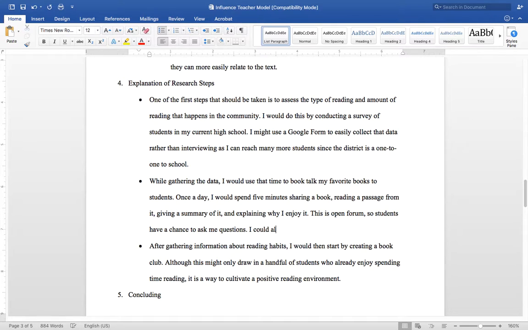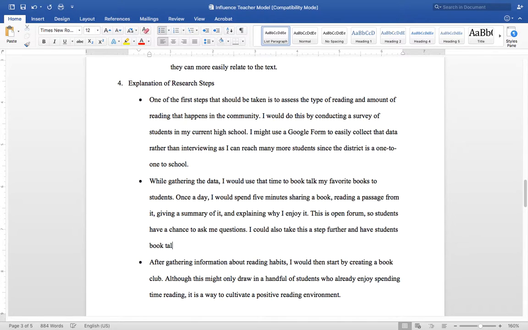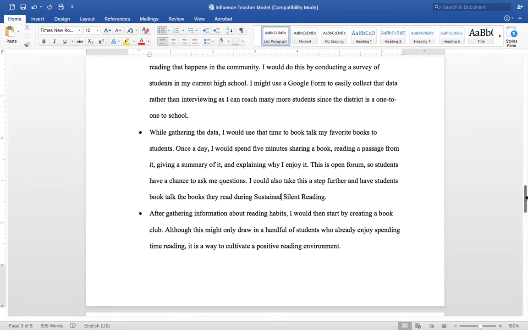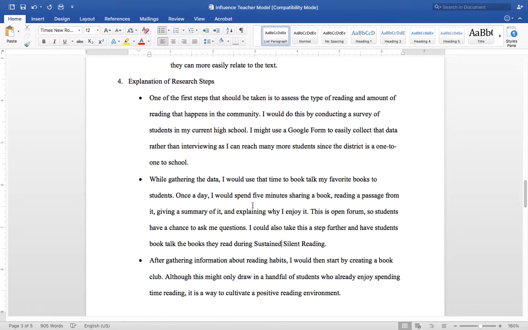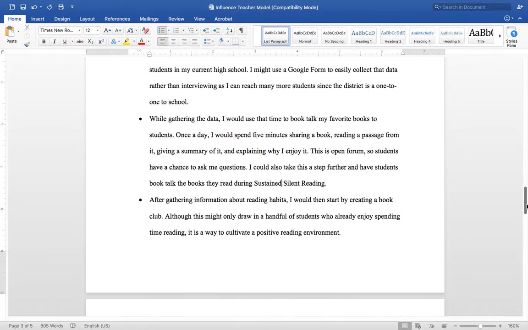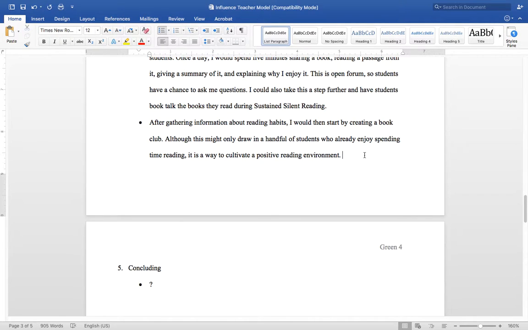I could also take this a step further and have students book talk the books they read during sustained silent reading. So I think that that's a step that I could take prior to the book club. So another thing that I might do